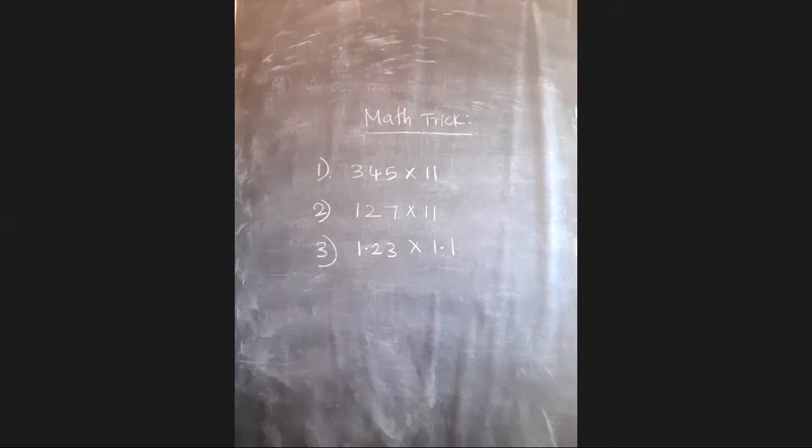Someone sent the answer for the first question: 3795. Let me write it over here. After that I will check it; you see whether your answer is right or wrong. Most of the students replied 3795 is the answer for the first question. Now start to answer the second question. Someone sent the answer for the second question: 1397. Then what about the answer for the third question?